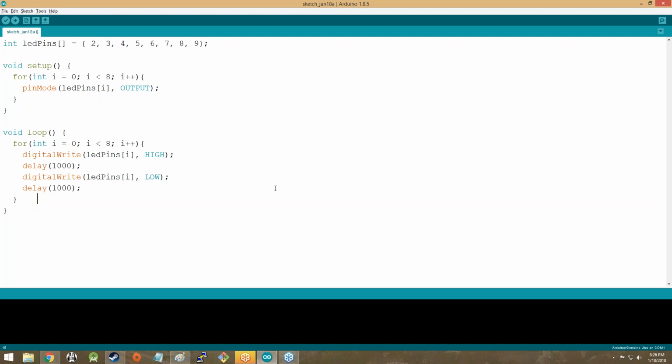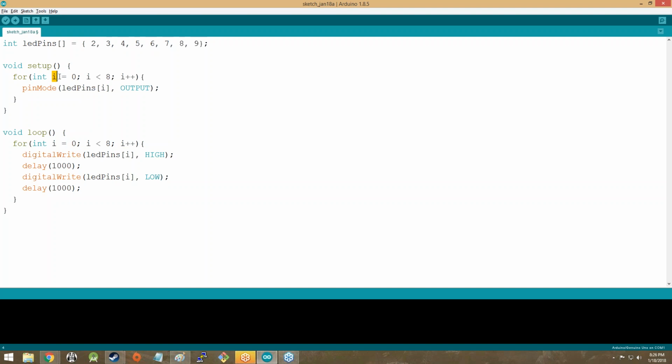And there you go. Now our void loop utilizes a for loop and our array in order to condense itself significantly. Now, there might be a couple of questions on your mind right now. Wait, we used i up here. Isn't i equal to 8 down here? Well, first off,